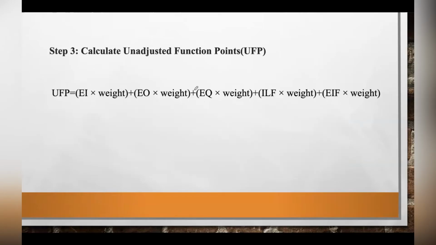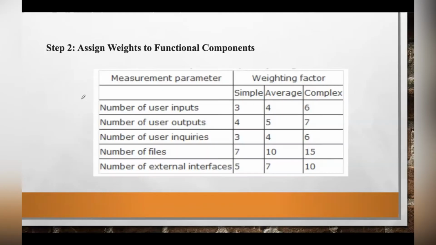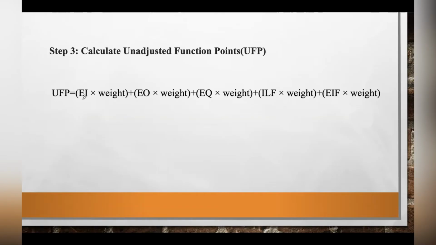The third step is to calculate the unadjusted function points, where we need to multiply each component count with its weight. The first functional component is the number of user inputs, so you multiply that with the weight. Say if this is an average case, then you consider this set of weights, so multiply that with 4. Outputs, multiply that with 5, and so on. We multiply every component with the corresponding weight and find the sum,